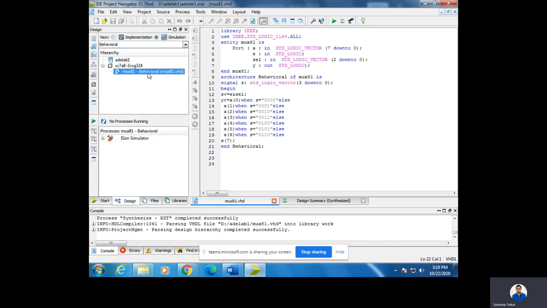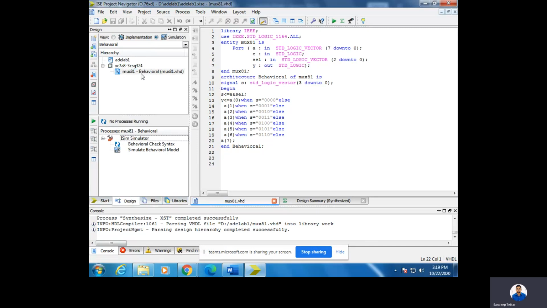Next, click on the multiplexer program, the file name you have created, where you have written the program. If you click on that file name, in the next part of the table you will get a dialog box where the name indicates iSim Simulator. Expand this iSim Simulator and then click on Simulate Behavioral Model, right? Since we have written the behavioral model for the multiplexer program, go to iSim Simulator.